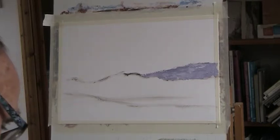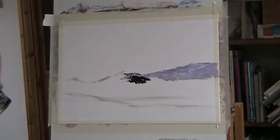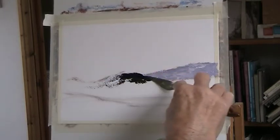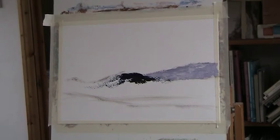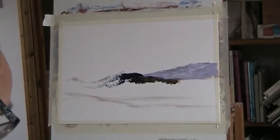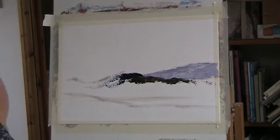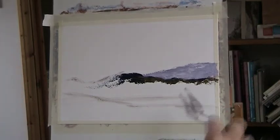Bit of dark mountain, so we use a bit of the sienna and a bit of blue, so we'll have a dark bit of mountain here, just mostly blue. Well, it's a contrast with that light. A bit of ochre in there, I think. Yummy, yummy, yummy. Look at that. Oh, this is so therapeutic. I wouldn't say relaxing or anything as subtle as that, but